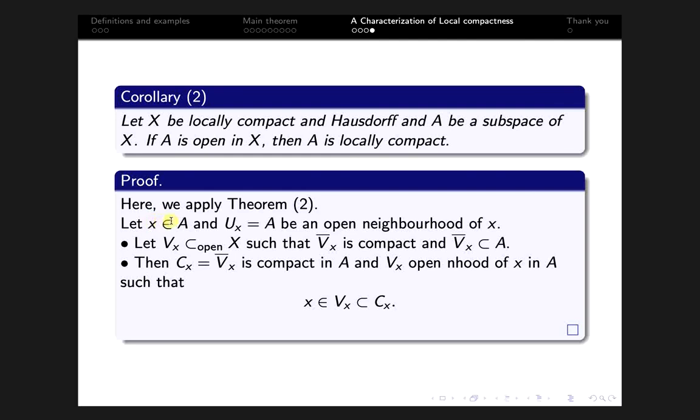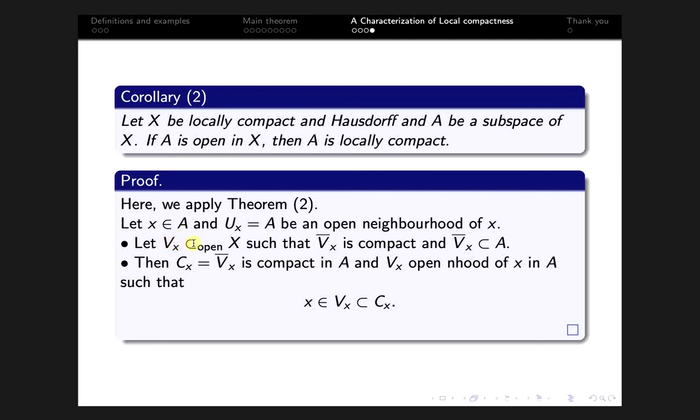Let us consider some arbitrary point little x in A. Then this is given that A is an open subset of X, therefore A is an open subset containing x, therefore we consider Ux equal to A, and therefore Ux is an open neighborhood of little x, and this is open in the topological space X. So by theorem 2,